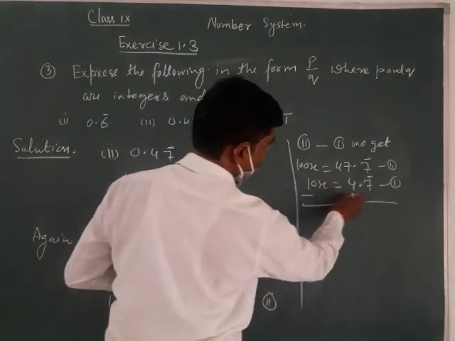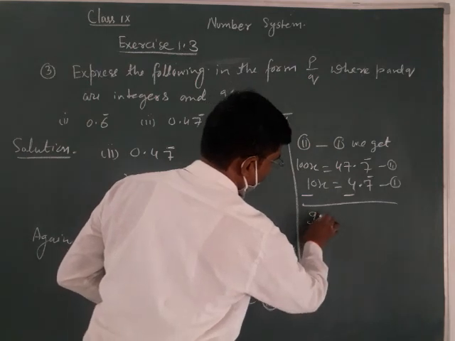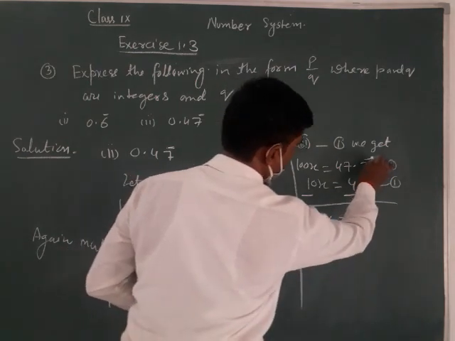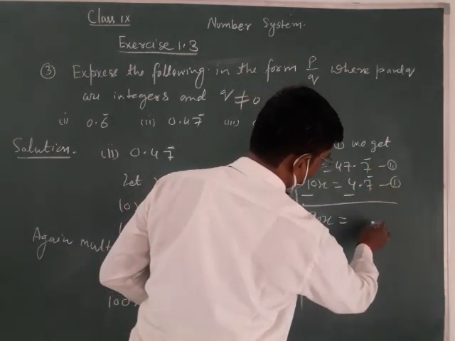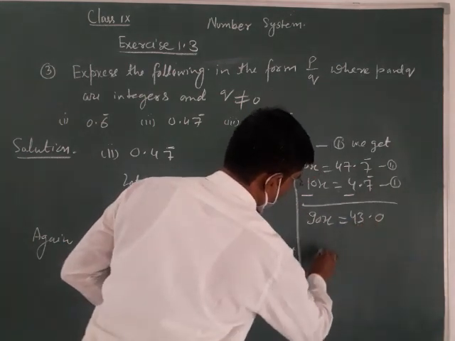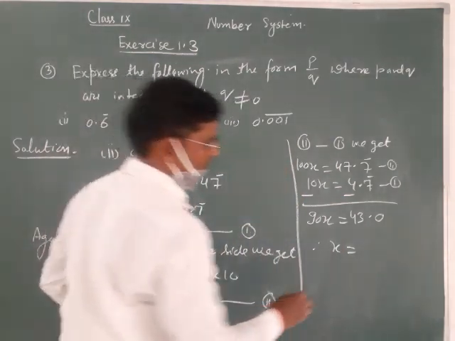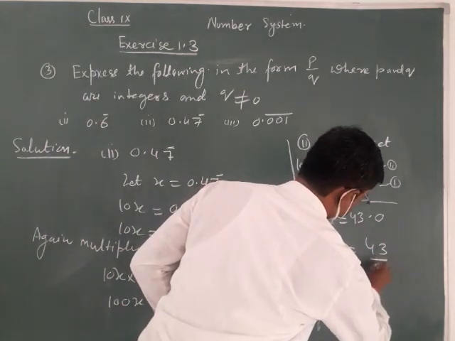Now subtract these equations. So 100x minus 10x, 90x is equal to 7 bar minus 7 bar, 0, and 47 minus 4, 43. Now therefore x is equal to 43 upon